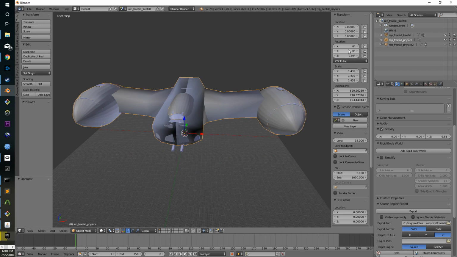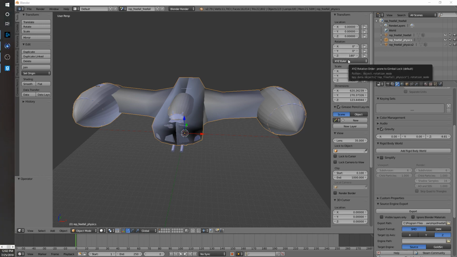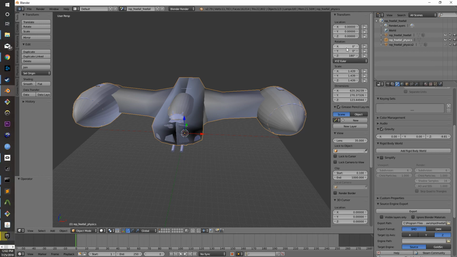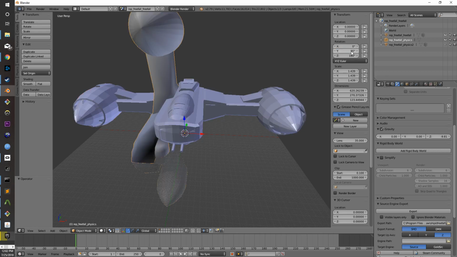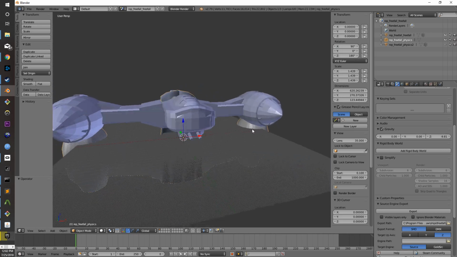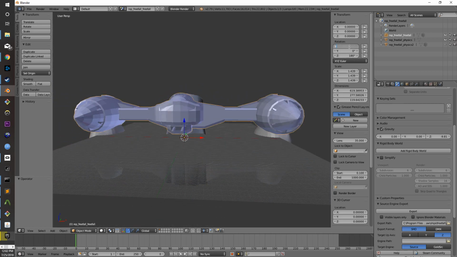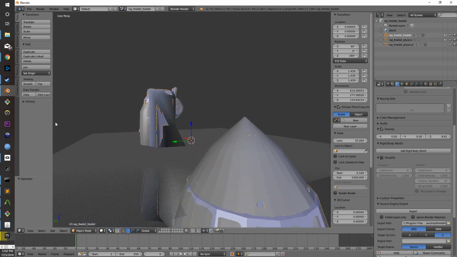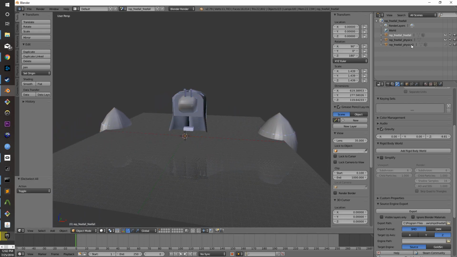And then I want it to do, I believe 90. No, 90. There we go. 90. We'll find out if that works. So export,